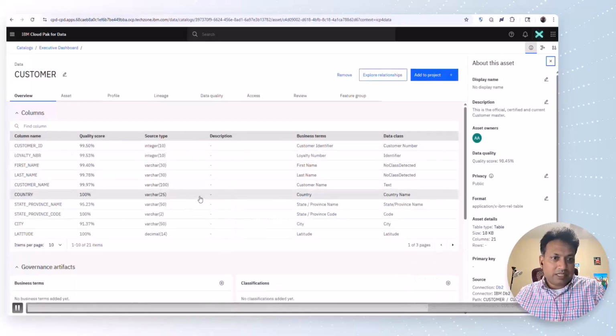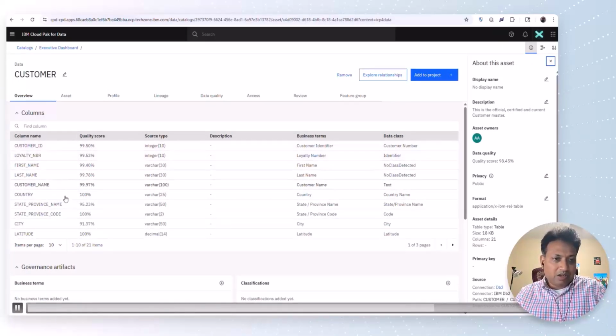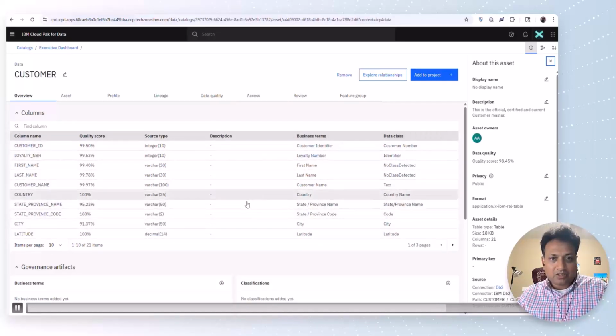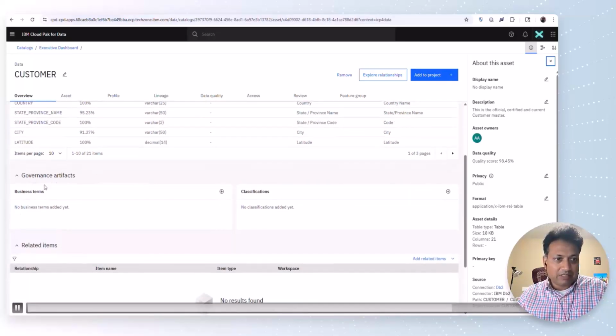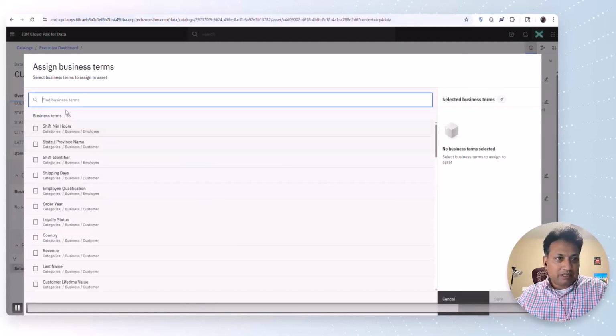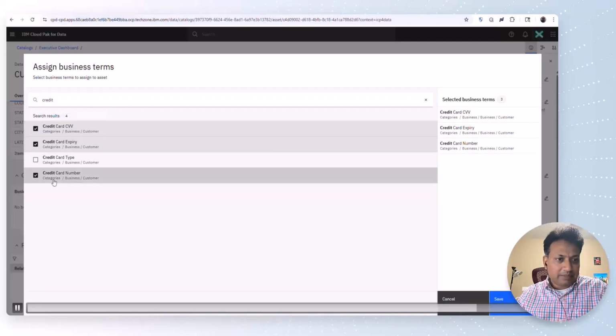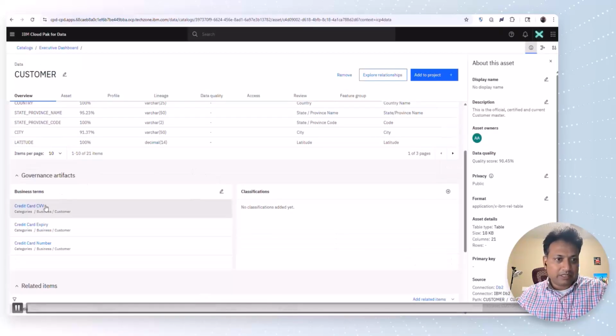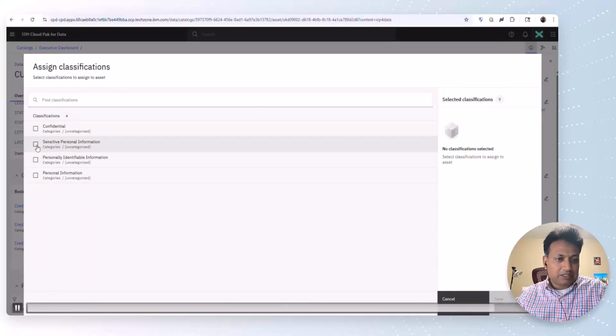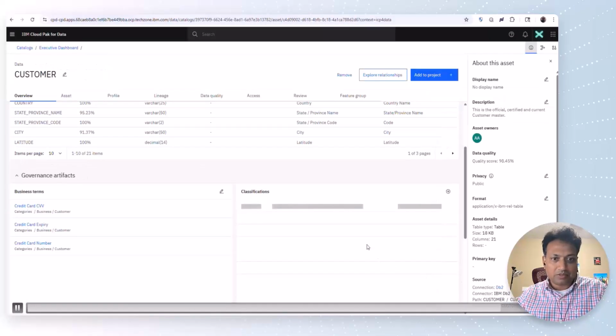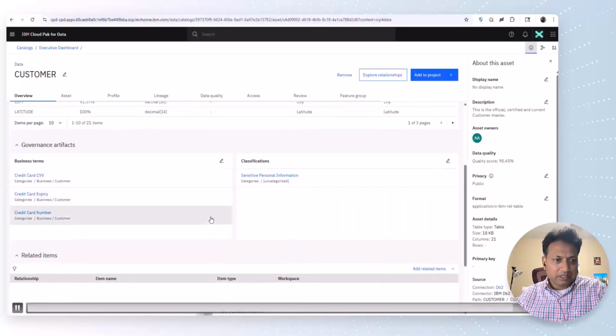So if you click on the first asset, you will see all the information about the quality score, business terms, data class, all these enriched data assets are available here, and you can assign the business terms here. So click on the credit. So this is the credit card CVV, and then credit card expiry and credit card number that you would like to assign this governance artifact. You can also select the classification, which is, since we want sensitive personal information to be masked, right? So you can add those here, and then